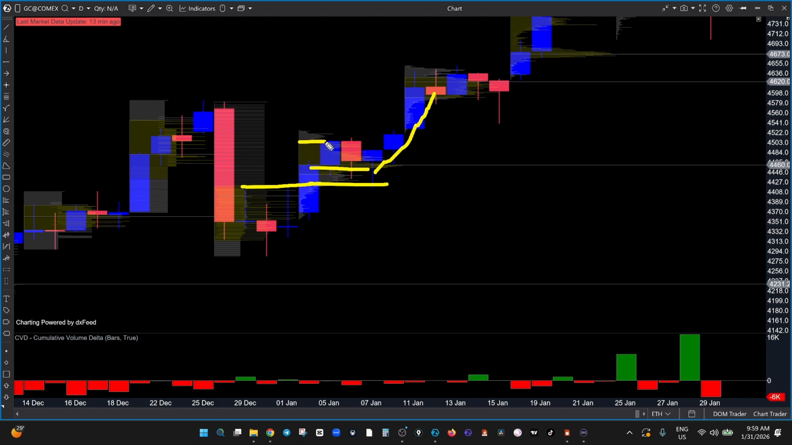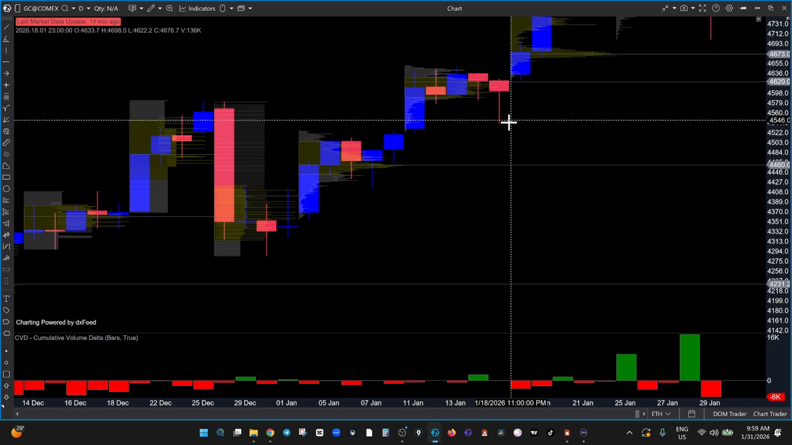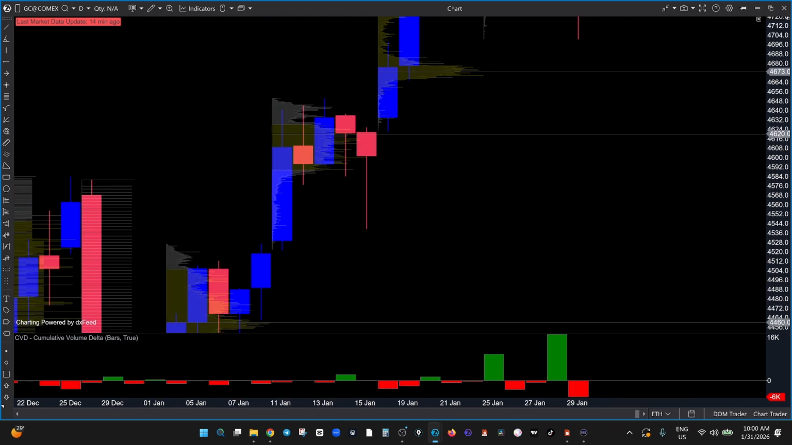Now we have this level here again. The value area high and lows are here. What happened here? We couldn't have a clear close. But what happened next day? A close above that. What happened? We have a close above that. So this tells us that the market is bullish. We continue. This level here,